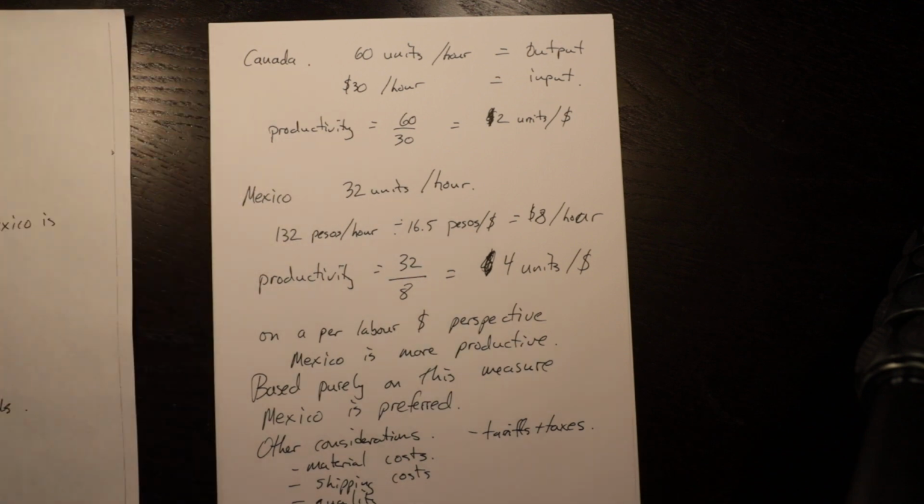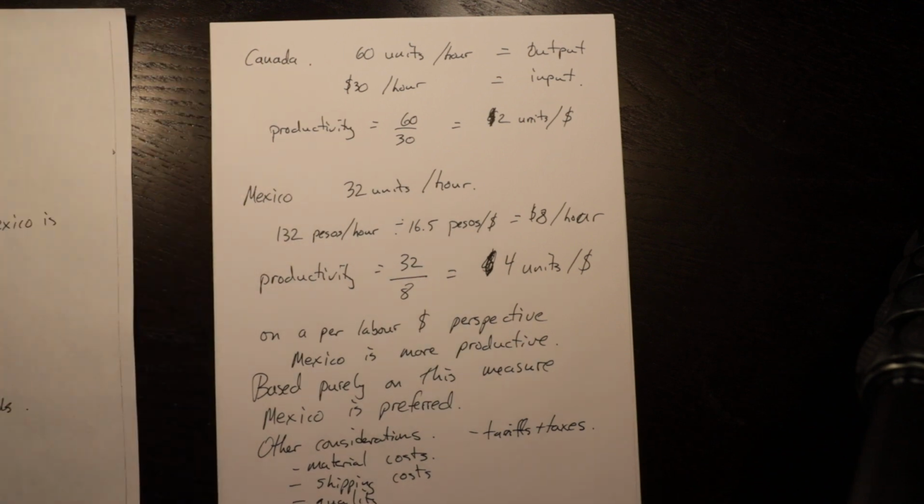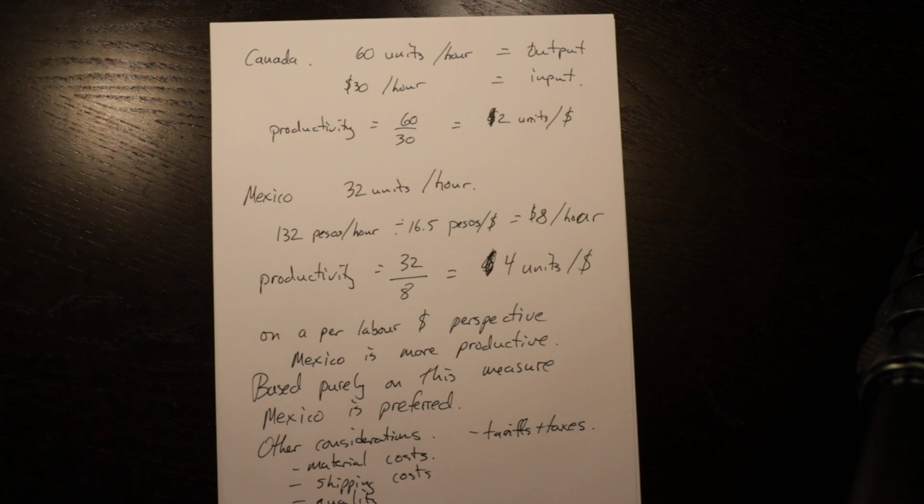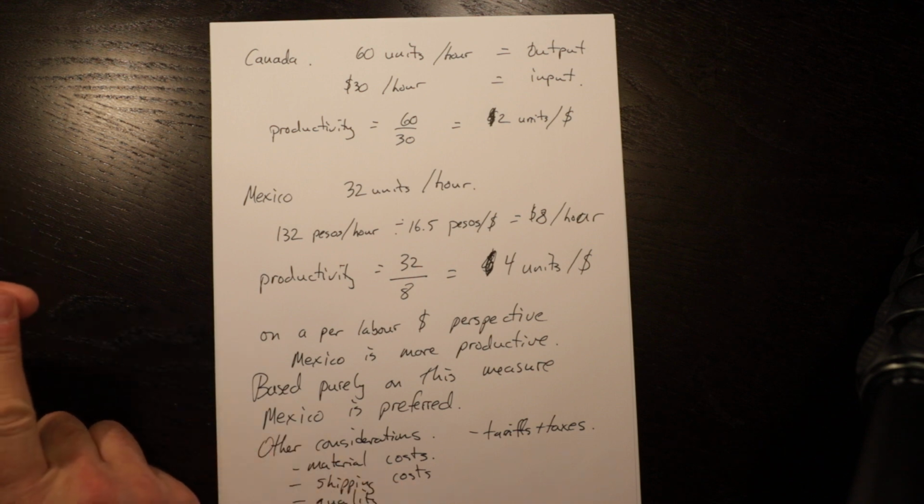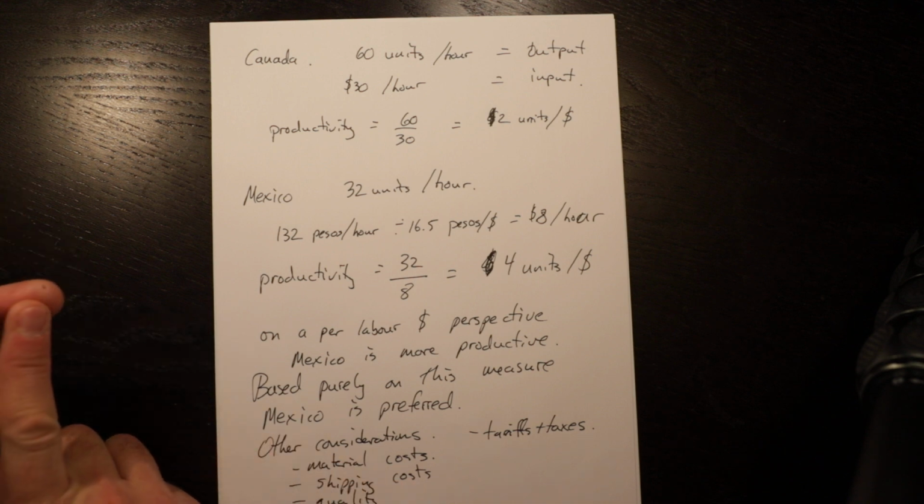So we need to think about the big picture here, and this individual measure gives us one measure that we can use to help us make the decision. As I said, it can't make the decision for us. So this was 4 quick examples of the types of calculations you might have to do for productivity. We think about we need consistent units. We do it output